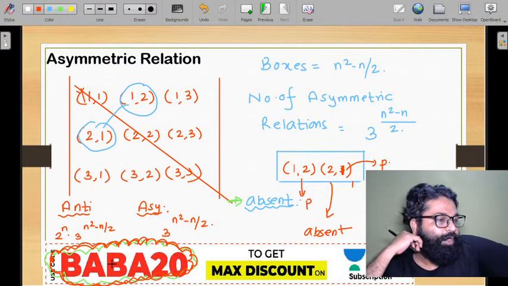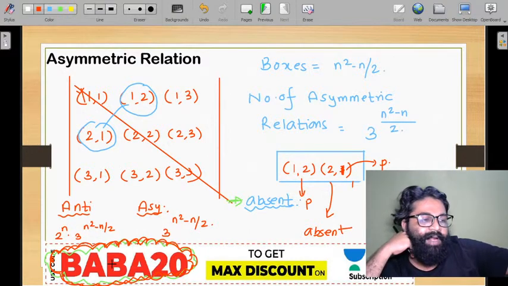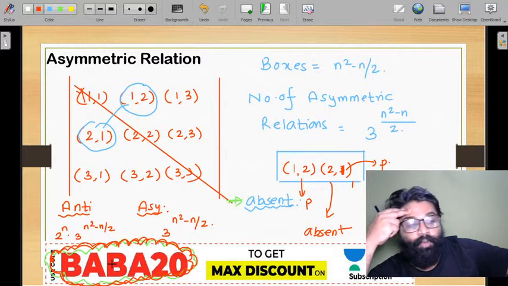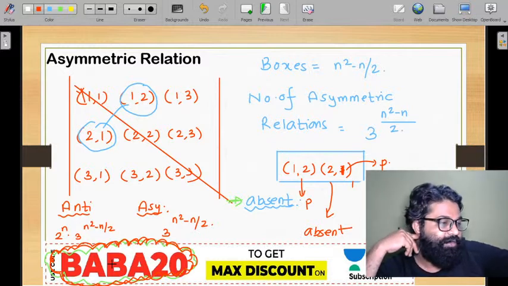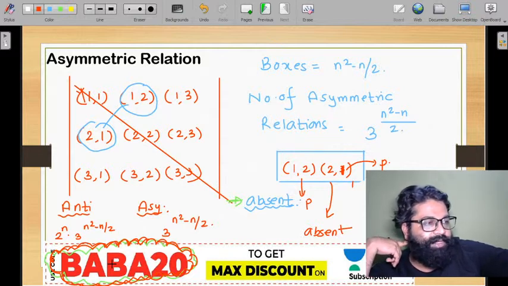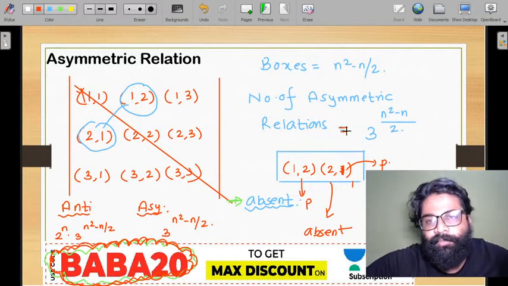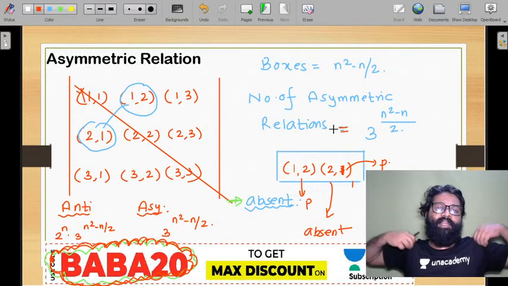ठीक है, तो आज तो मैंने सिर्फ आप लोगों को इतना ही पढ़ाया, दो ही रिलेशंस पढ़ाया। If you have any particular doubt, you can drop me a message here, I can see it. Okay, you can drop me a message and I can see it. So if you have any problem, feel free to contact me there, Unacademy के मैसेज वाले ड्रॉप बॉक्स पे।